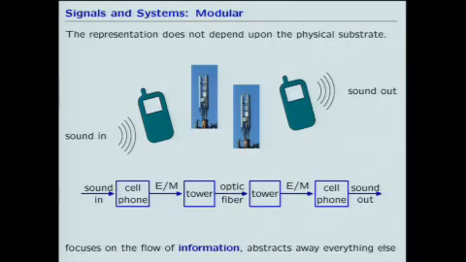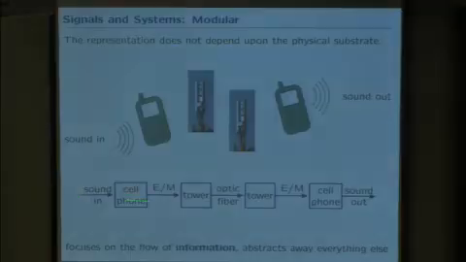Also, this approach has a nice modularity. Having represented a cell phone by a transformation from sound in to electromagnetic field out, as illustrated by this cartoon depicting sound going in and having a radio wave transmitting to a tower, then we represent tower-to-tower communication some way, maybe via an optical fiber, maybe via a satellite. Then tower to cell by the same kind of reverse transformation that we used in the first one. We can piece those all together. We can treat them as modules because each box takes an input signal and makes an output signal.